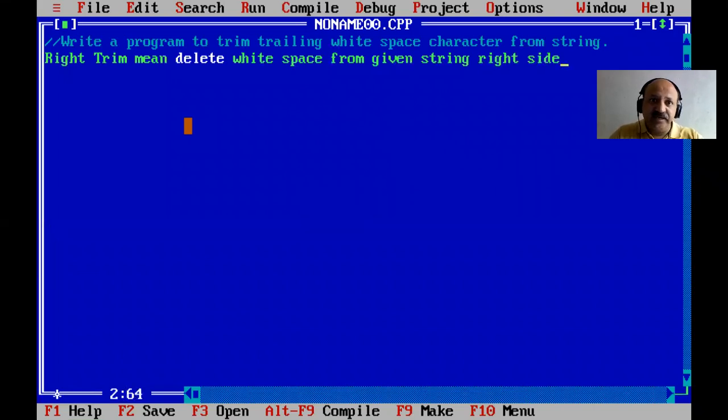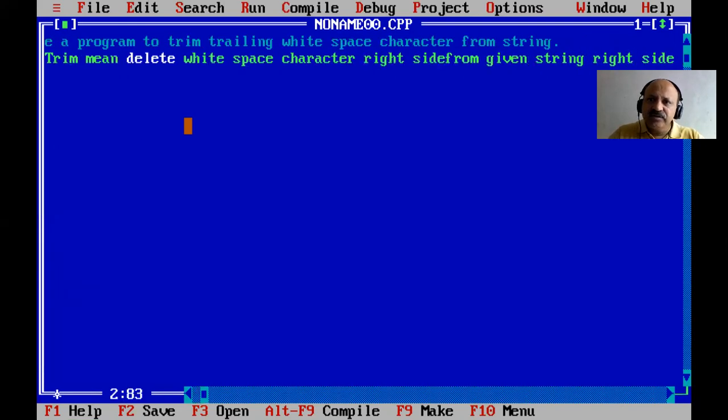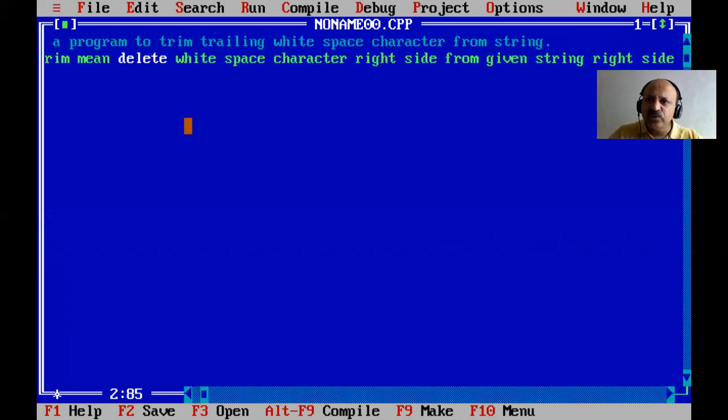You can say delete white space character, right side, from the given string. Yes, that is better. So that is the meaning.